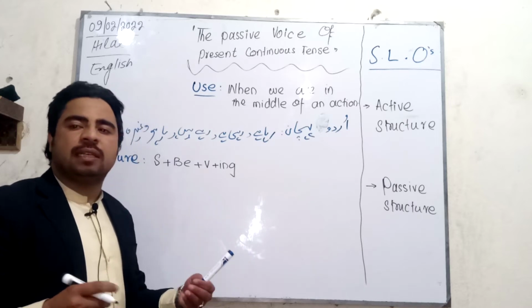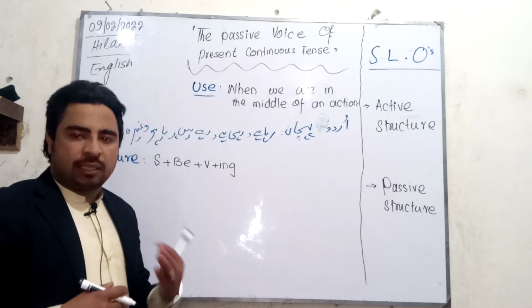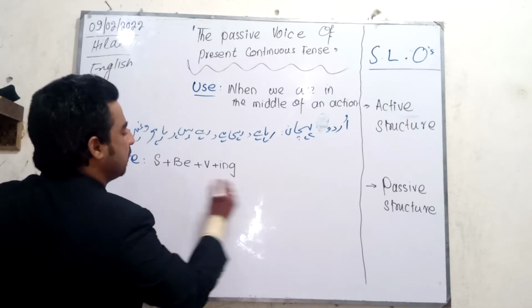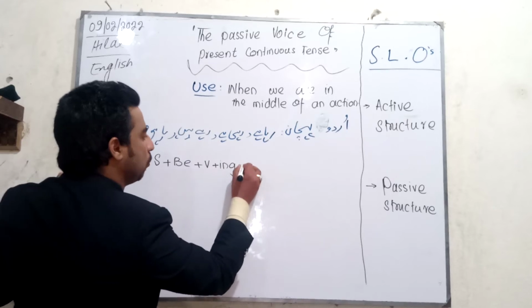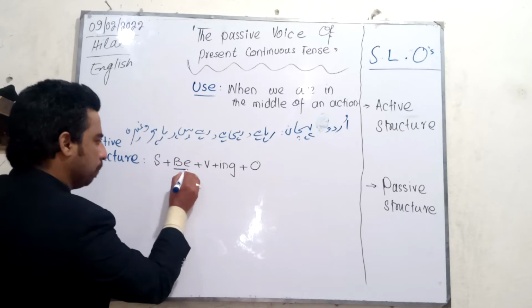Okay, if it is any second or third, then I will definitely explain whether I am talking about first form of verb or second or third form of verb. Verb plus ing and plus I will use object. Now I would like to just make a touch of this be.